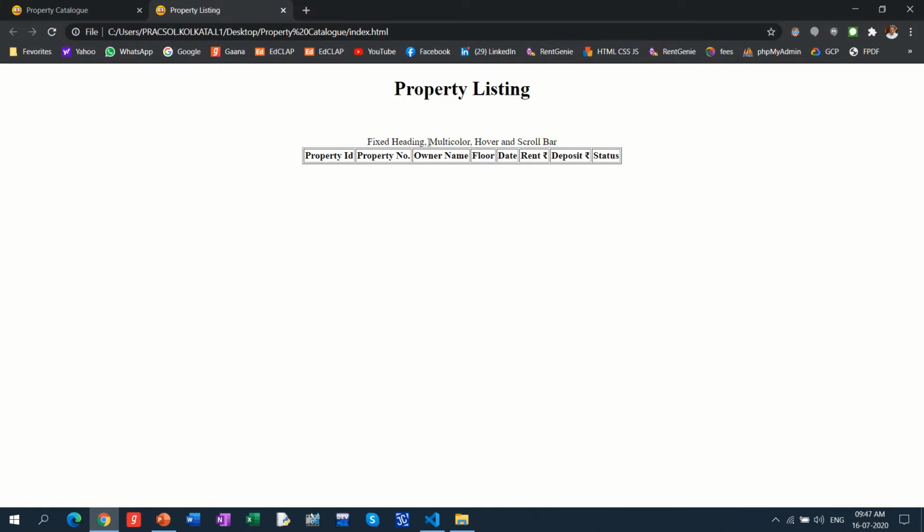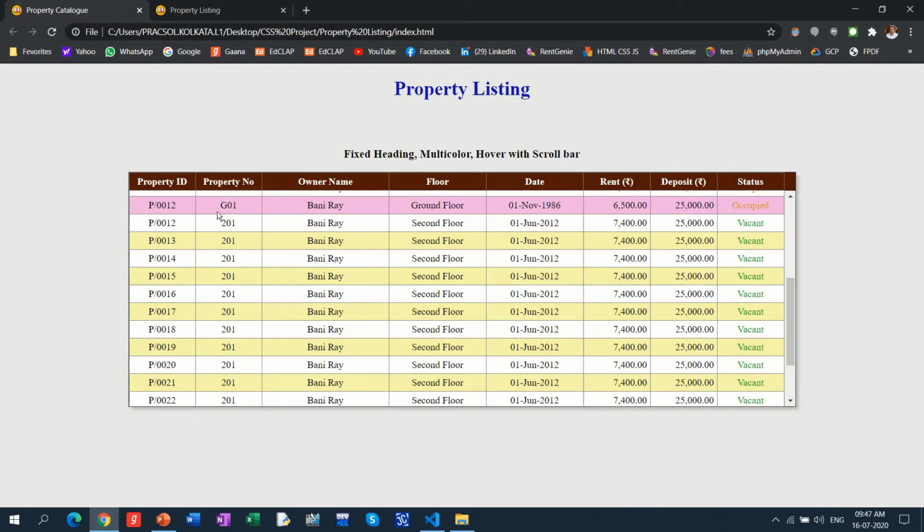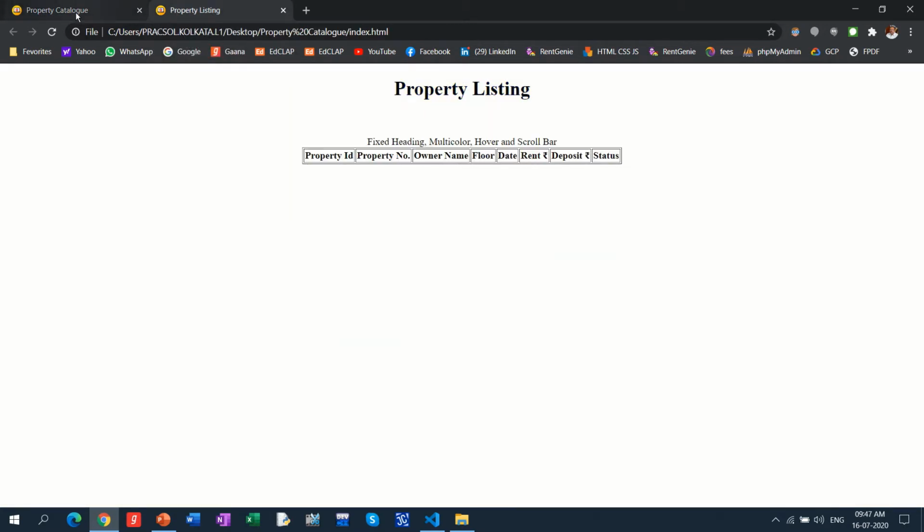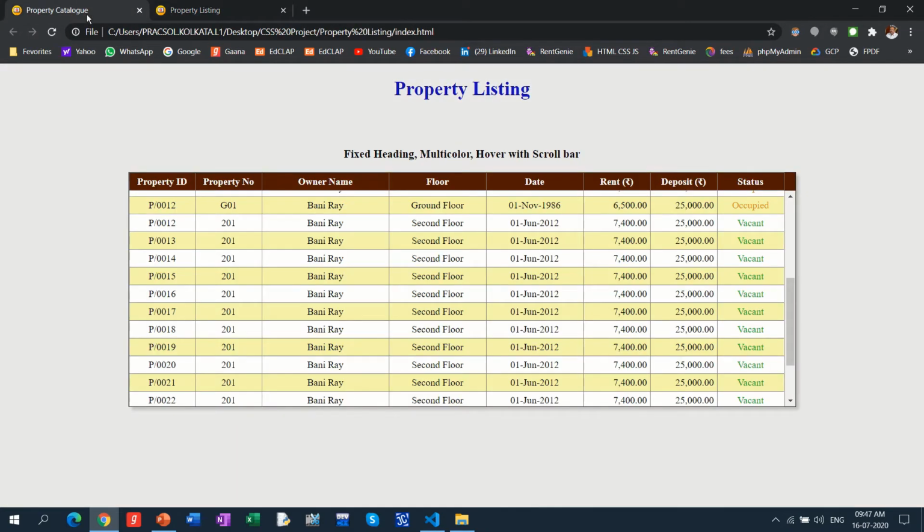This is our project as we have started: property ID, property number, owner name, floor, date, rent, deposit, and status. Here we can see this is the structure. The method is the same thing, but the main thing is when we have to put the data. Data is important over there, because as of now the formatting is not done, but here the formatting is done.